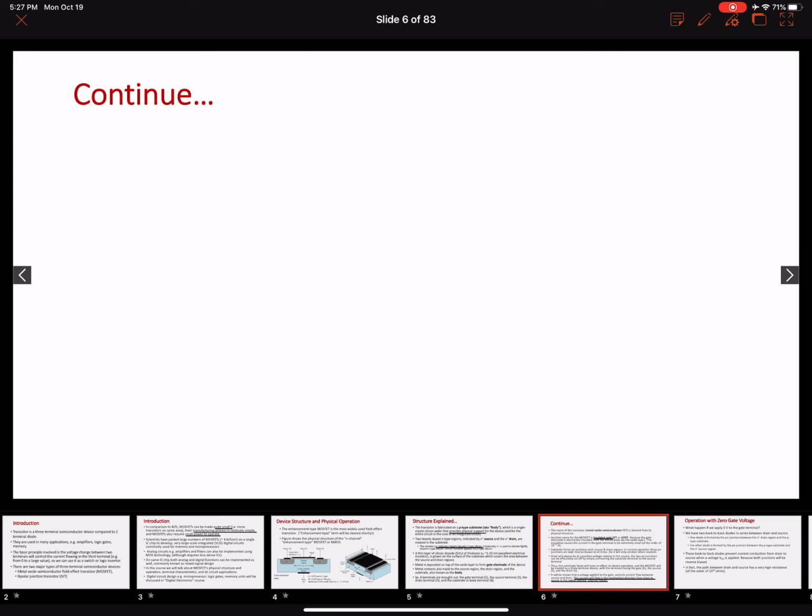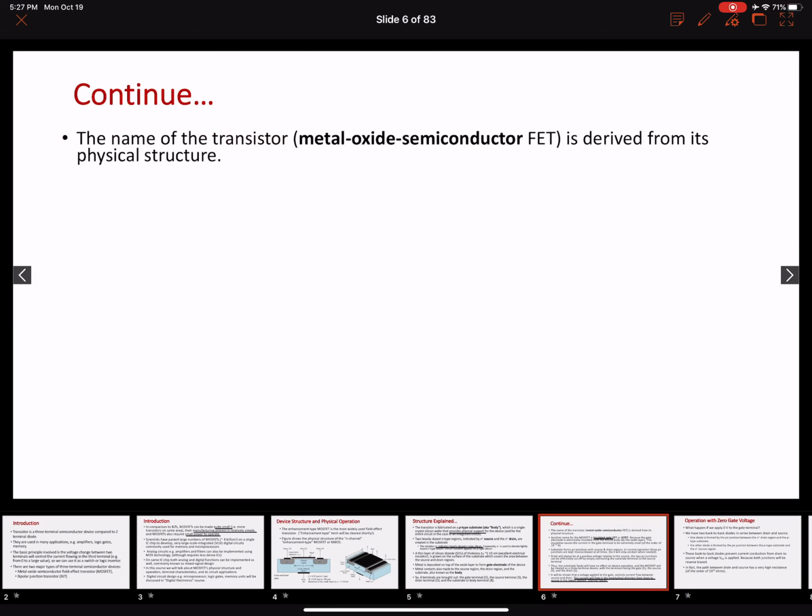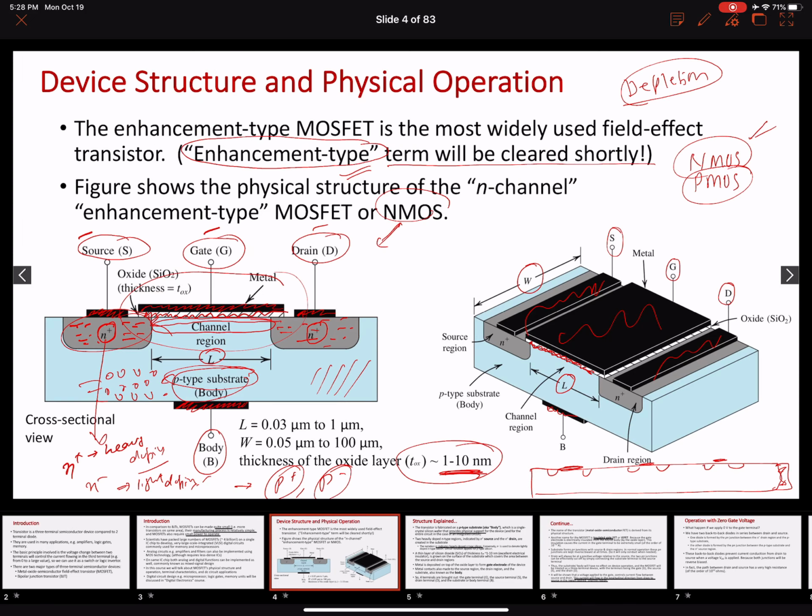Okay, so by now you will have realized where the name MOSFET is coming from, right? MOSFET: MOS, metal oxide, we have an oxide layer, semiconductors, we have semiconductor materials here, N-type, P-type, and then we have something called field effect transistors. We're going to come back to this term multiple times, and over time this will become more clear. But essentially, field effect transistor means that, when we talk about the operation of this transistor,